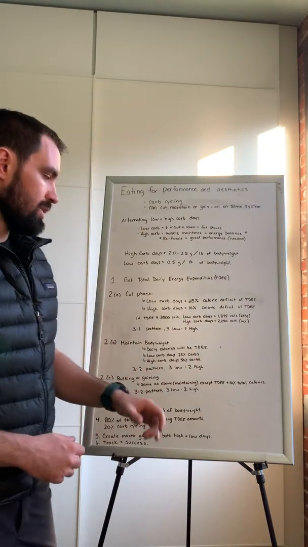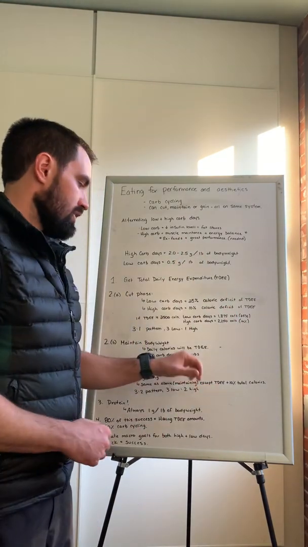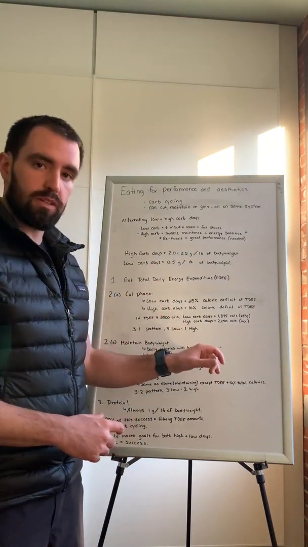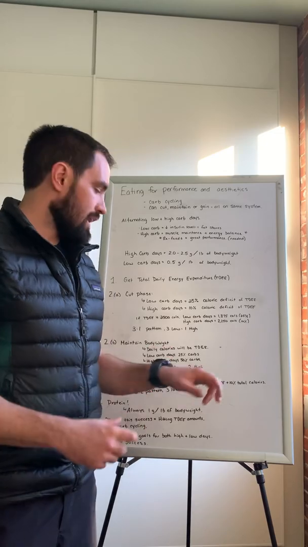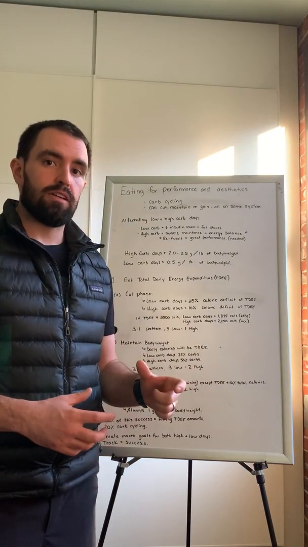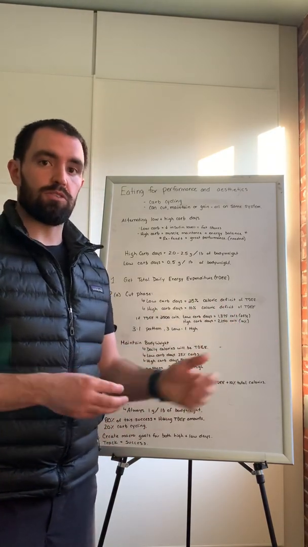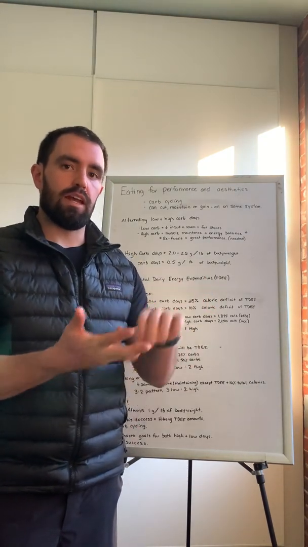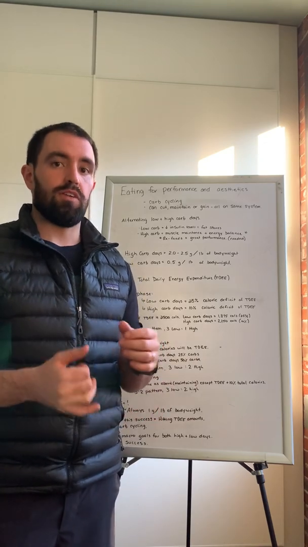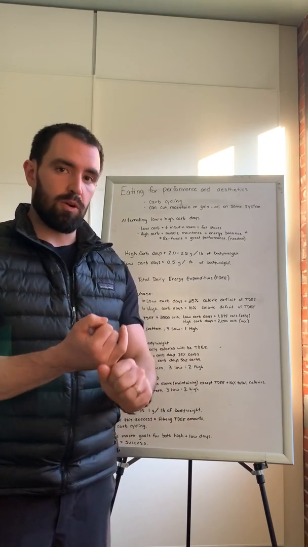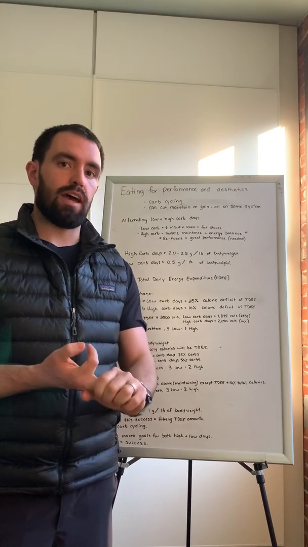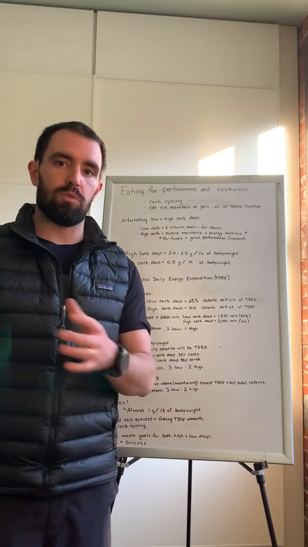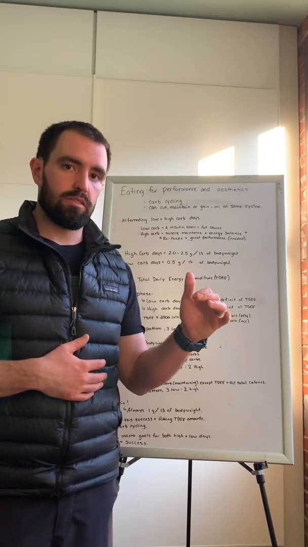Now make a high carb day. Again, you're still going to have the protein, and you're going to have 50% carbs. Figure out what that value is, so 50% of your total daily energy expenditure, and note that. Now the rest is going to be filled in with fat. So take the fat and write down those values. You should have on your low carb day a protein intake, a carb intake, and a fat intake. Next to that, you should have your high carb days, with your protein intake, carb intake, and fat intake. There are going to be different values based on that, but you know how many grams of each one you need to hit your total calories.